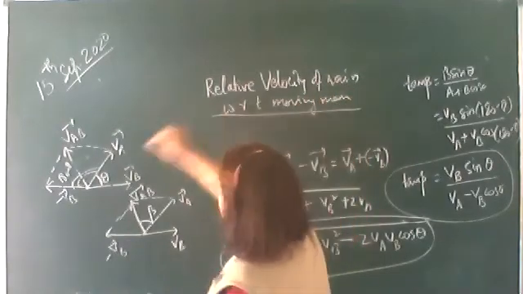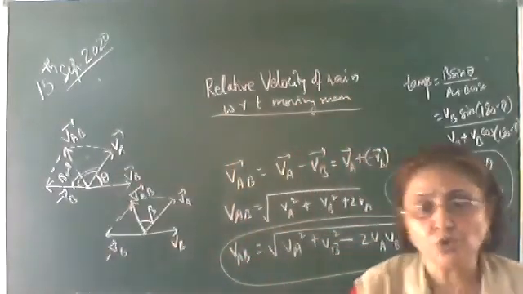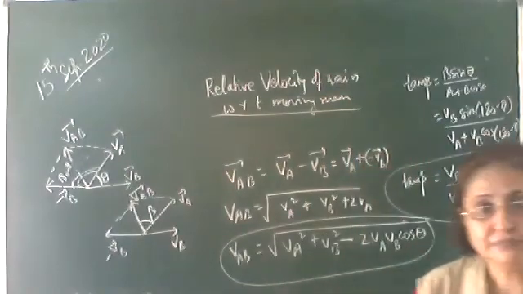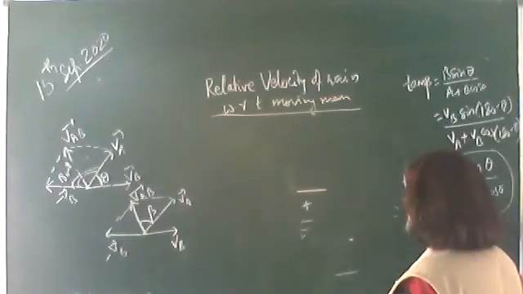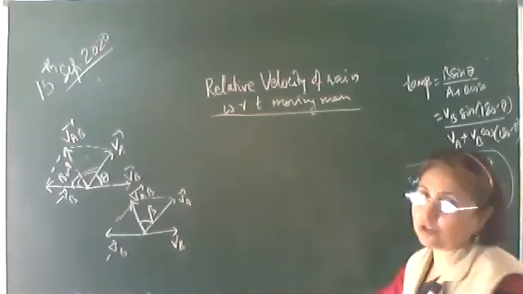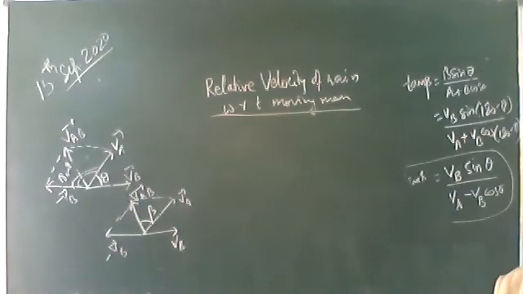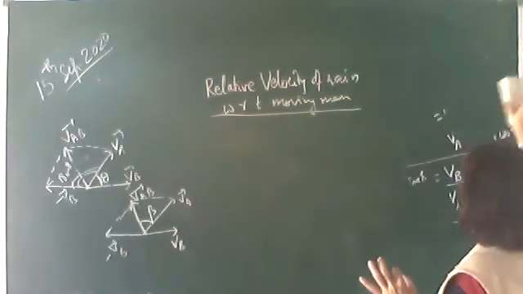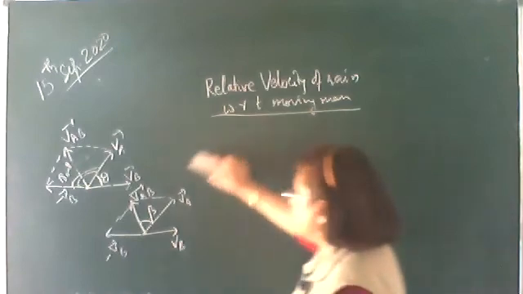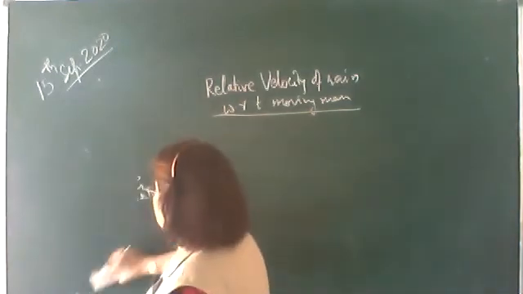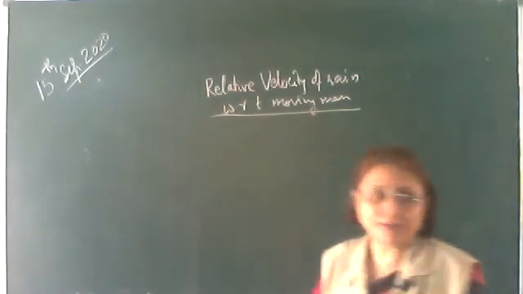Okay, here we'll study in which direction he has to hold the umbrella. If the person is also moving, then if he holds the umbrella vertically upwards, he will be wet. So he has to hold the umbrella in a particular direction. Let's find out that angle and the magnitude of the rain with respect to the moving man.